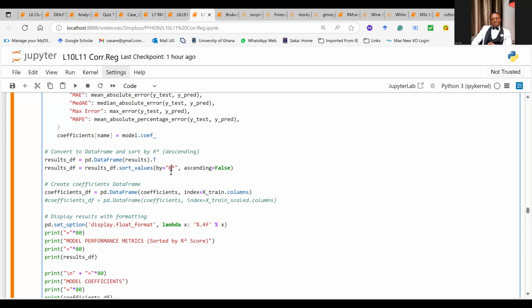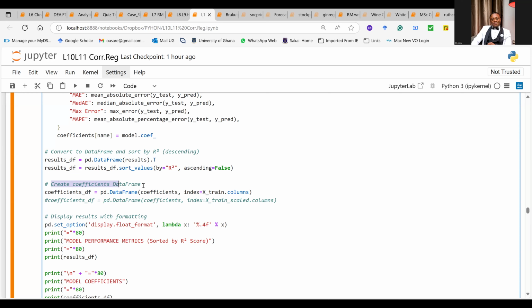Of course, if you want to change them from the R square sorting, all you got to do is come and remove the word R square here, and replace it with MSE, if that's what you want, and everything will be sorted based on the MSE. If you want to replace it with root mean square, you can use that one too. So these ones are changeable. And here, if you check the T, I've indicated that the data frame should be transposed, okay, so that they are in a beautiful vertical order.